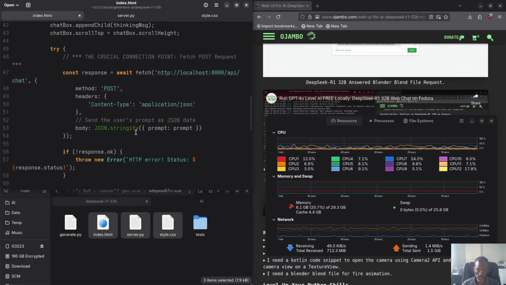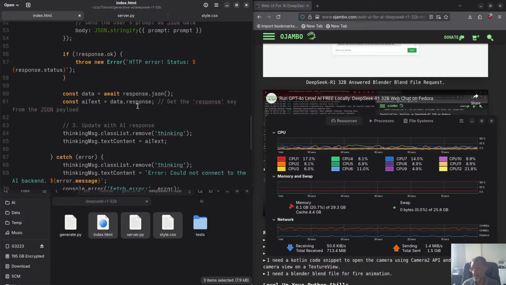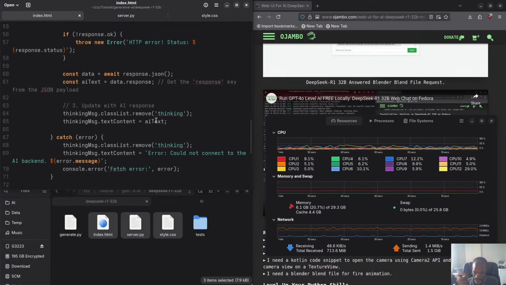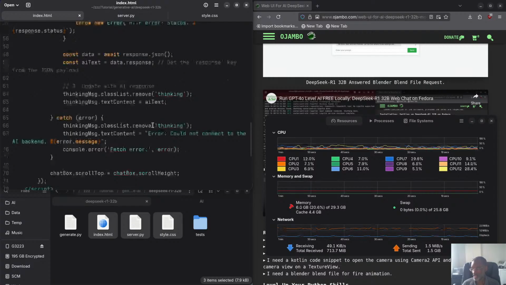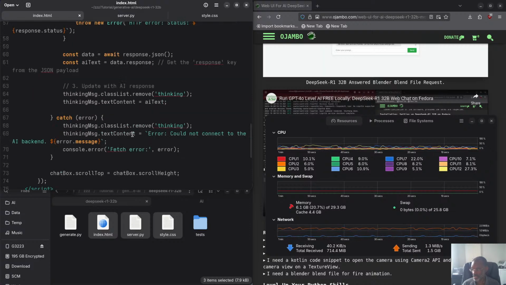The way we send it is we JSONify the prompt, which is whatever was input in there, and then if we get a response, make sure it's JSON. Because it's saying thinking in there, we remove that, remove the class list to hide it, and then whatever the output is, you see the text content: error, could not connect to AI backend. If everything is okay, the text content for that thinking message will be whatever has been output by